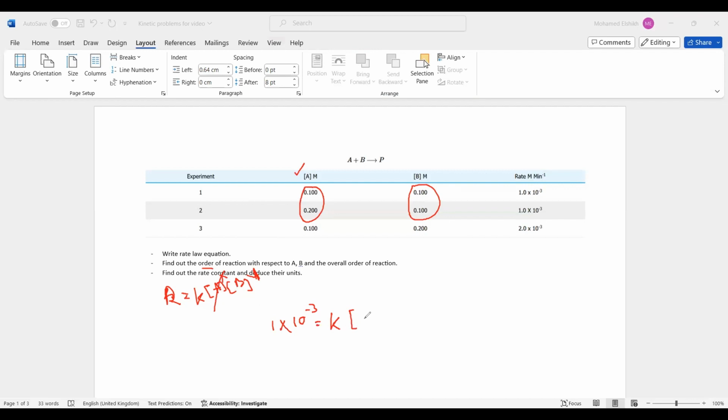And B here is 0.1 raised to the power 1. Correct. Okay, and therefore basically K equals 10